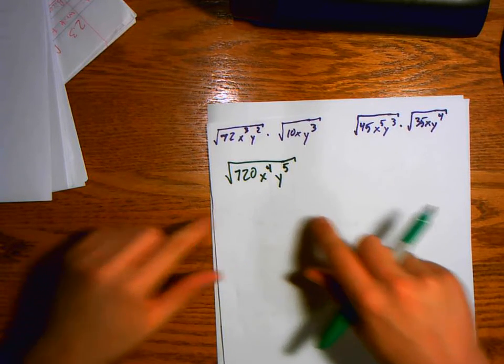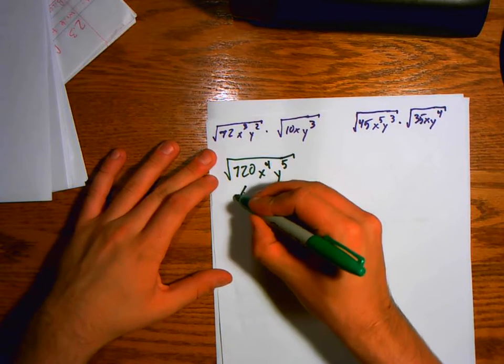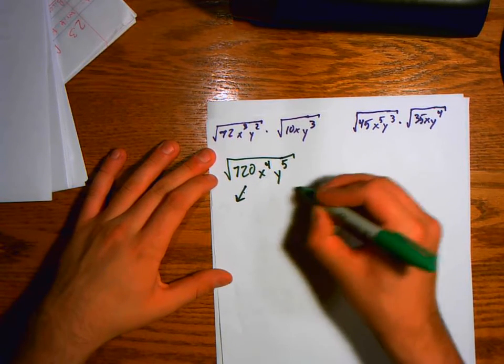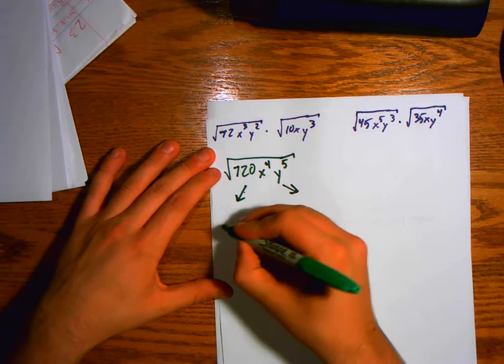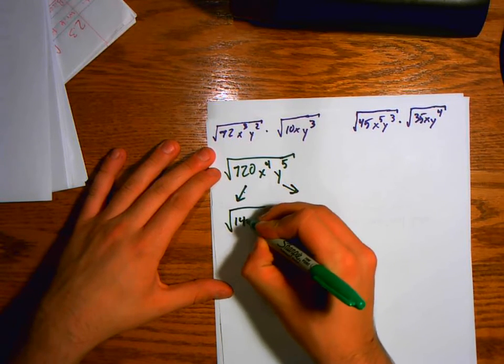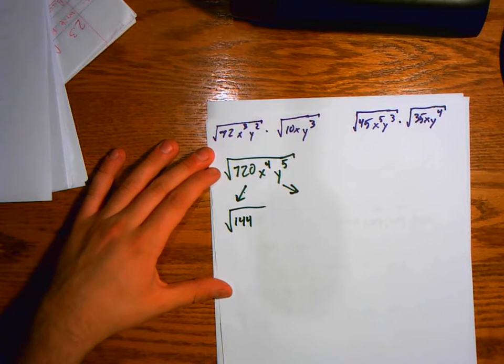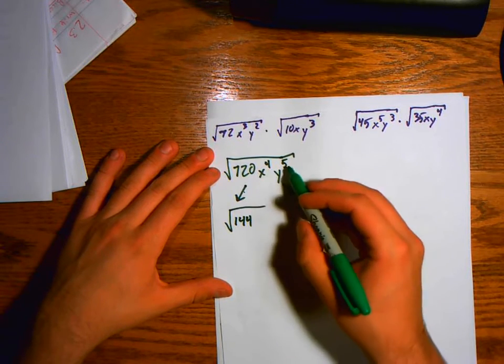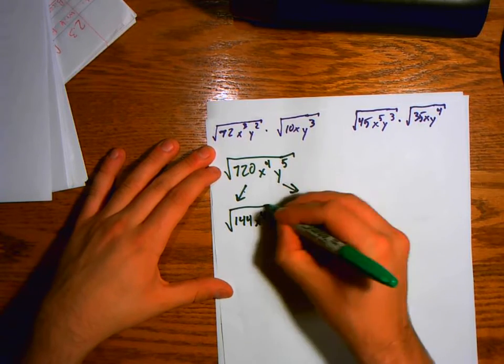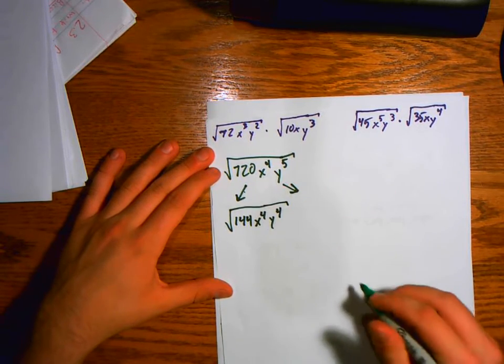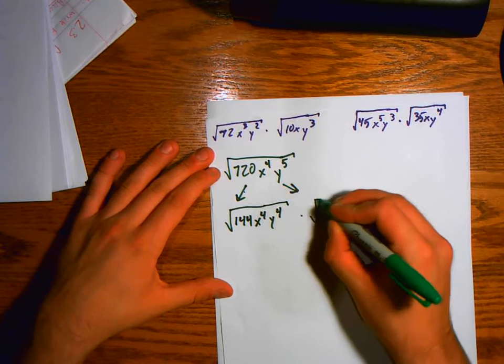Then back from here again, we can split them up, where the highest perfect square of 720 is the square root of 144. We keep 4 of our x's and 4 of our y's, since those are the highest perfect squares inside those factors. And everything that is being left over is